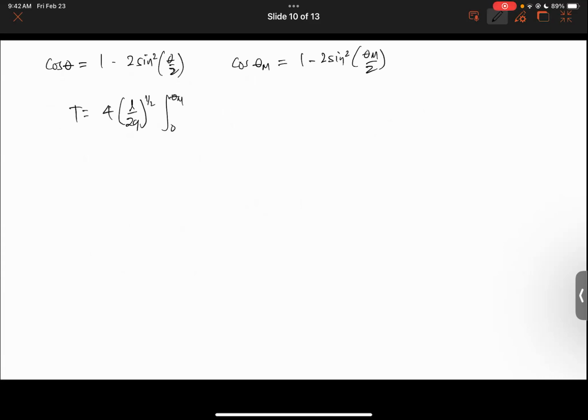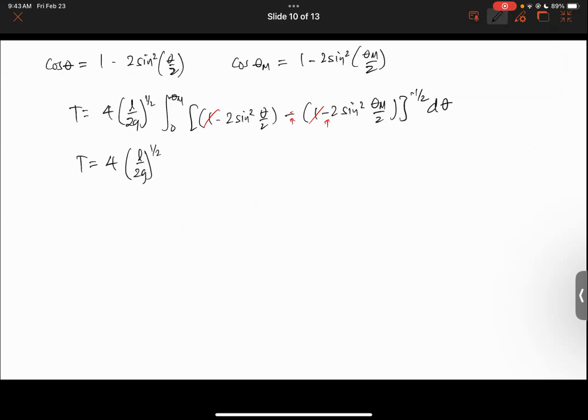integral from 0 to theta sub m of 1 minus 2 sine squared theta over 2 minus 1 minus 2 sine squared theta sub m over 2 raised to the negative 1/2 d theta. Of course, yung 1 dyan magka-cancel. Itong 1 na to tsaka itong 1 na to magka-cancel. And then itong minus sign dito at tsaka minus sign dito magiging plus. Okay, so we can reduce this to 4 times square root of L over 2G, integral from 0 to theta sub m